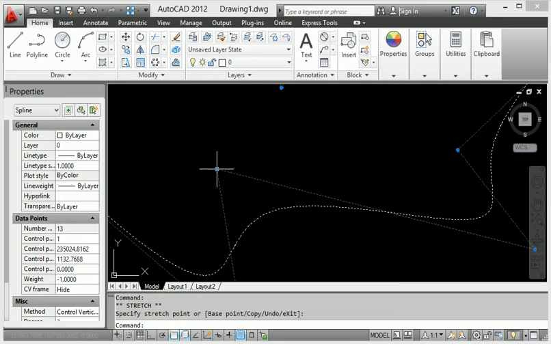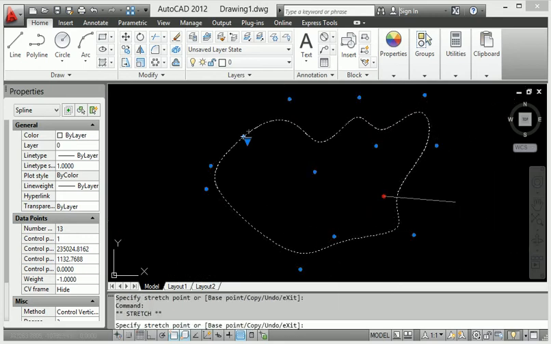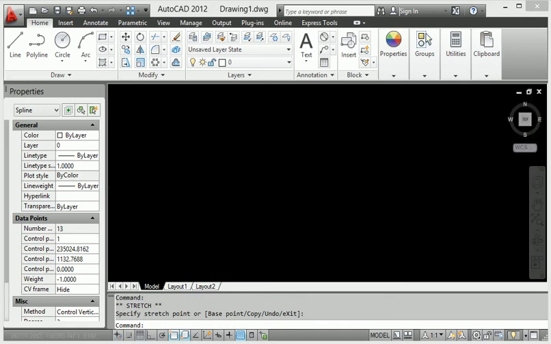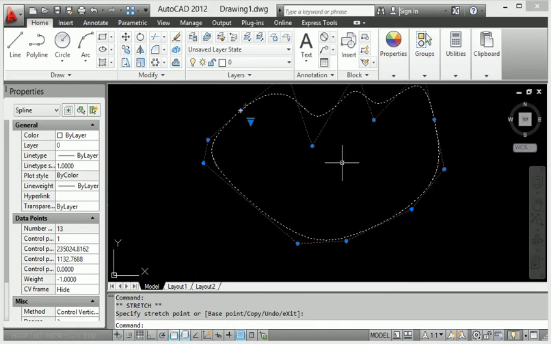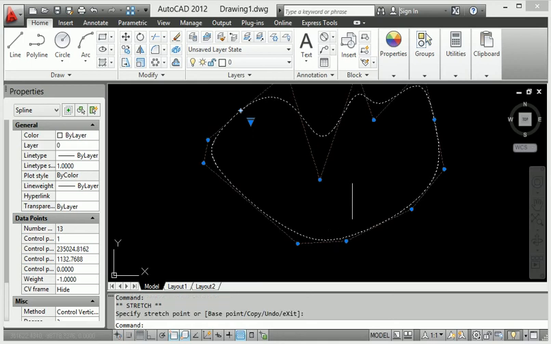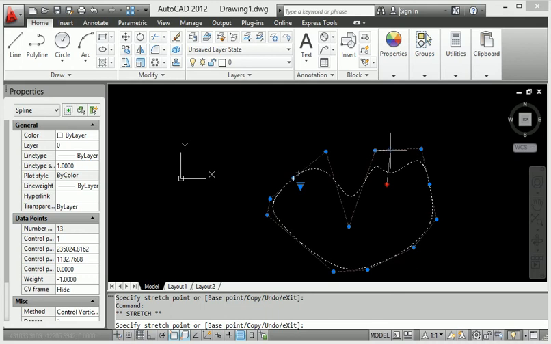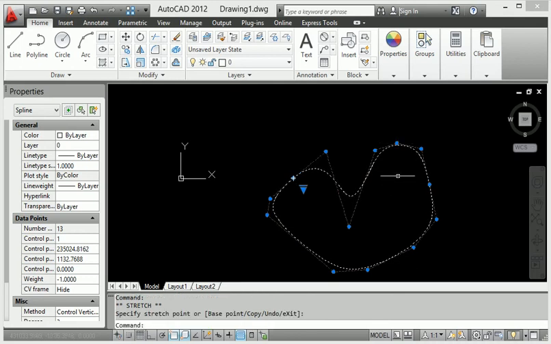So the point adjustment is very important. It depends on what you want and what your adjustment is in our diagram. I want to adjust here. This point I will bring from the down direction, and again this point goes in the upward direction. Same with this point, I have taken it and stretched it right now.